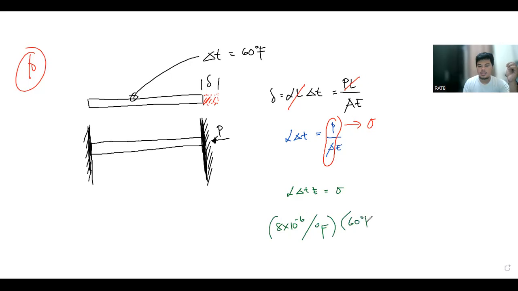Delta T is 60 degrees Fahrenheit. And E, of course, is 20 times 10 to the power of 6 psi. So 20 times 10 to the power of 6 psi. Okay, so that's equivalent to stress. So calculating then, will give us an answer of